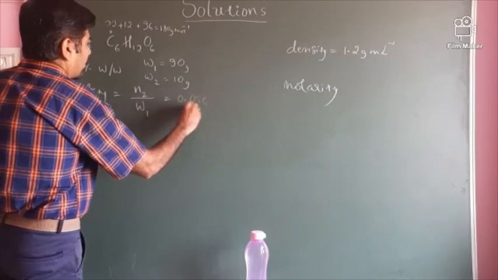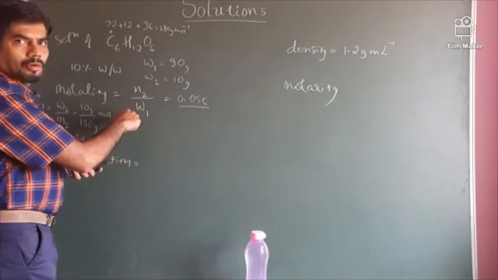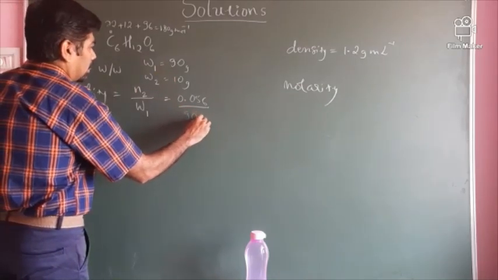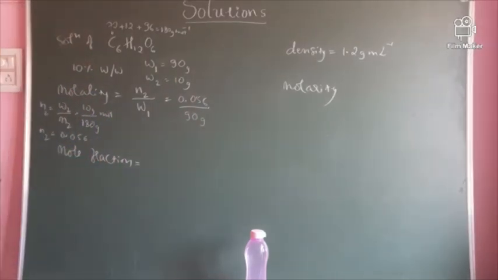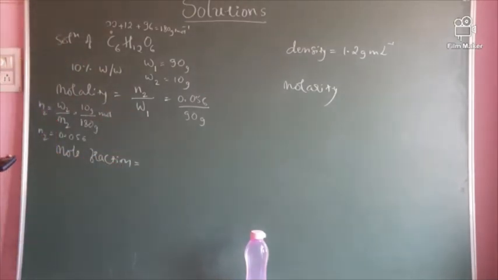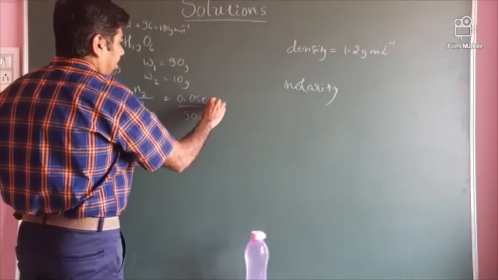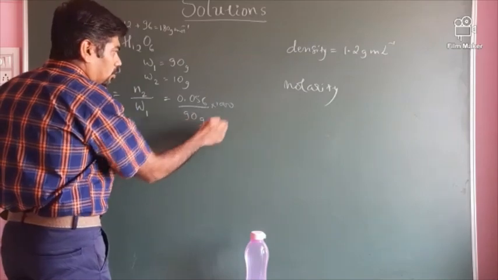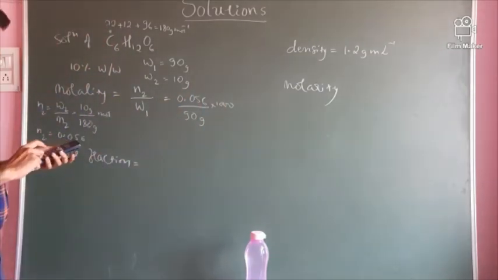0.056 divided by W1, that is weight of the solvent, that is 90 grams. As you know, here it should always be mass of solvent in kg, so we'll convert it to kg by dividing it by 1000. So when you divide 90 by 1000, the numerator gets multiplied here. Now when you solve this,